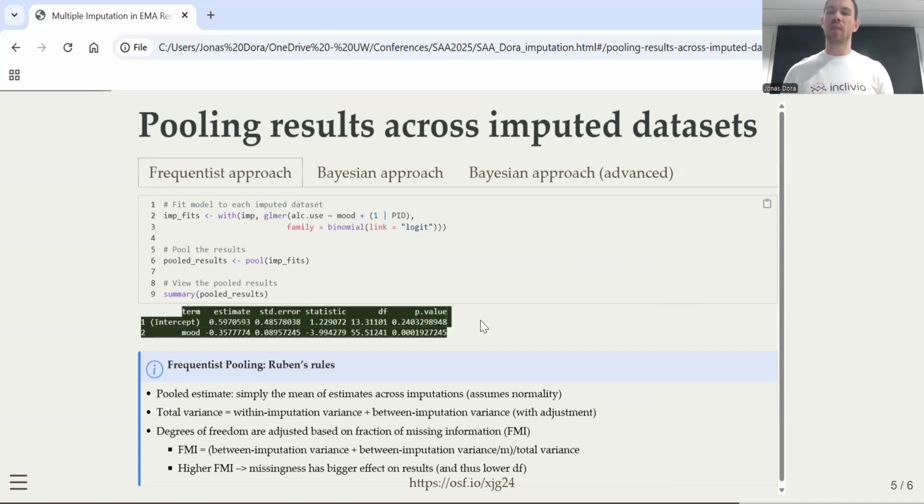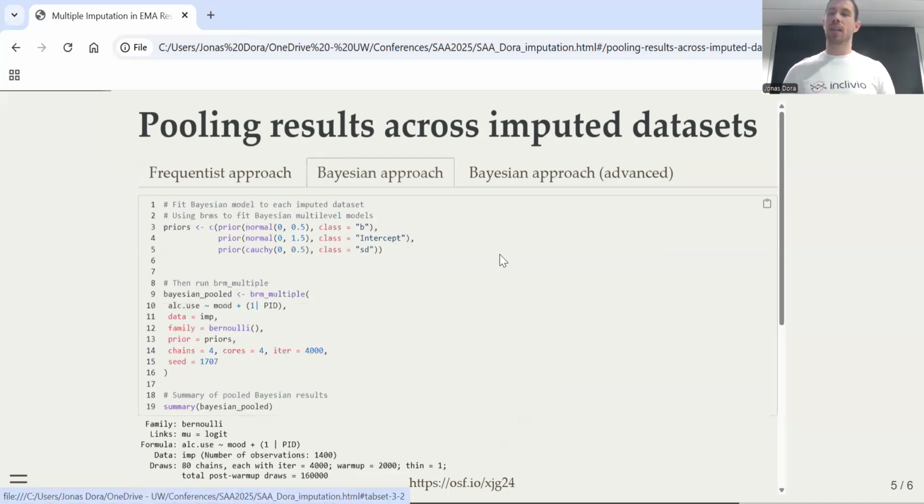Looks very easy. However, conceptually, pooling across imputed data sets is not easy in frequentist statistics, because in frequentist statistics, there is no real solution to incorporating different sources of uncertainty into the model. And that's why we need to make a lot of assumptions and some workarounds that are quite ugly, I think. I'm not going to go into too much detail now, but if you plan to do this, you should read up on what you're up against. Rubin's rules is what you need to look for. Things are much easier conceptually in the Bayesian world, and that is because in a Bayesian model, all parameters have probability distributions that automatically bake every source of uncertainty into the model.